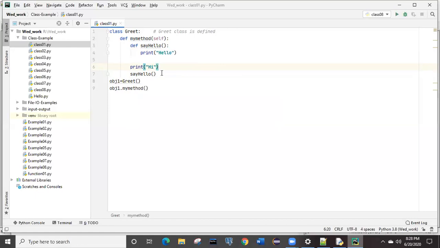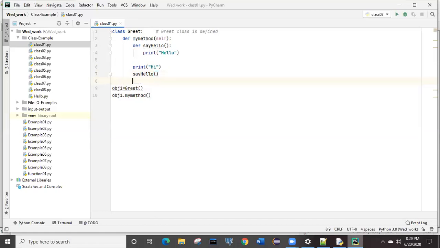So this is not exactly an error, it is a warning, right? After the class ends, we need to give two new lines, then it will be following the standard approach. Clear? Okay. So what we will do, we will put two new lines.